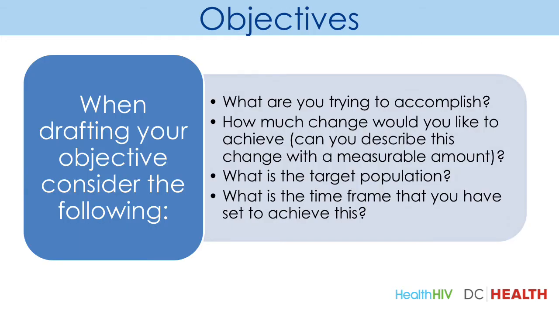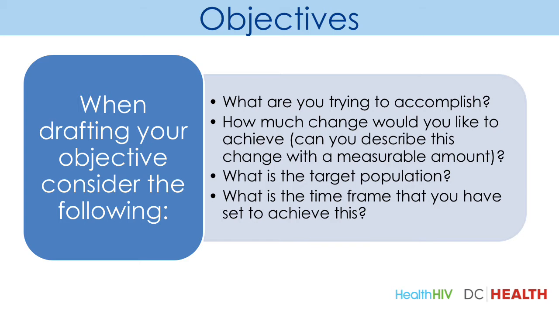When drafting objectives, think broadly about what you are trying to do. What are you trying to accomplish? Objectives should be able to relate to the activities that you include in the evaluation and methodology sections of the grant. An effectively drafted objective should have the ability to link to the goal statements of the proposal. As well, it should be written utilizing terms of measurement while also specifying a range of time and a target audience that will be impacted. Effective objectives have the ability to contain answers to questions like who, what, where, when, and how much.